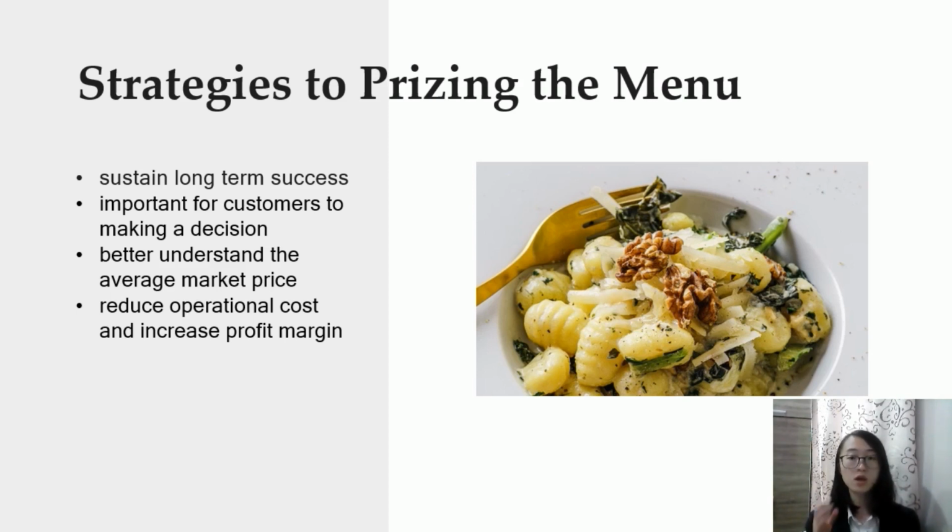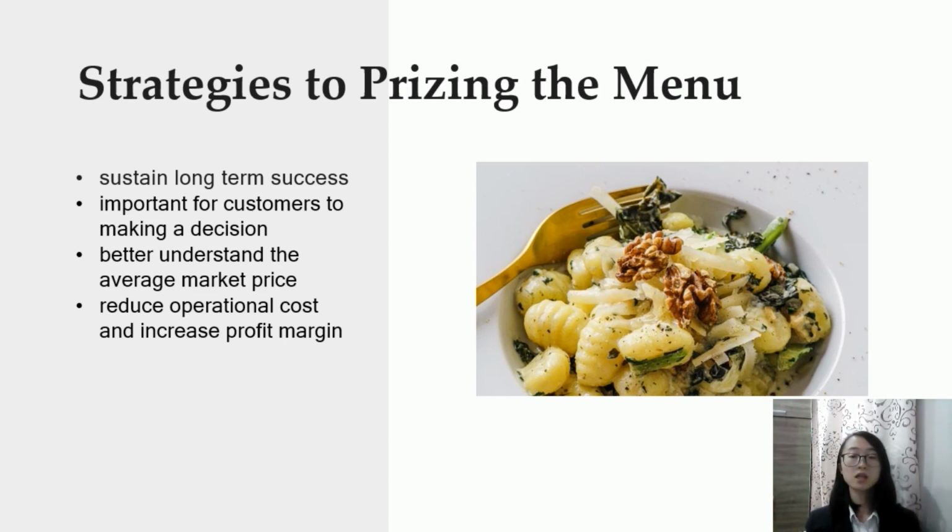Thus, the business should emphasize and strengthen aspects based on factors including the number of ingredients, quality of the food or dish, reliability or consistency of the dish quality, and so on. Besides, it is also important to have a better understanding of the average market price. Thus, the business should compare pricing with competitors or do some research to catch up on information like the accepted range of pricing in the market.